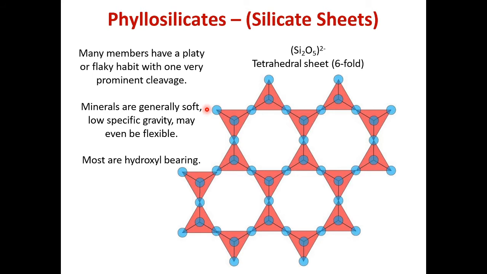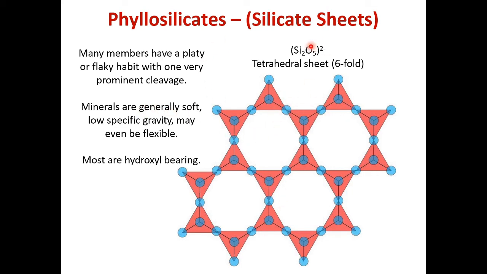So the next category is phyllosilicates, which are known as sheet structure. Within the sheet structure, tetrahedra share 3 of their oxygens with other tetrahedra, and only one oxygen is left out. This oxygen is not being shared by any of the tetrahedra, and so minerals